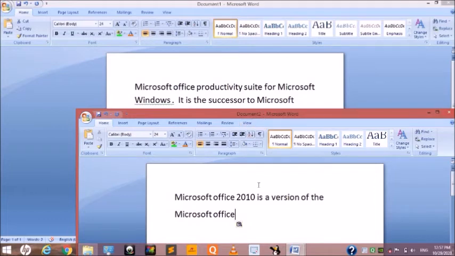In this way, you understand what is the difference between moving the text and copying the text. Moving the text means this word, text, line, anything, can be directly moved from one place to another place. And copying the text means they just copy from one location to another location.